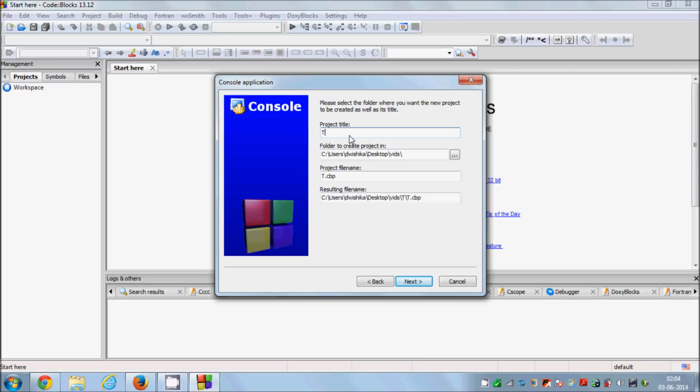For example, test my prog, or you can say my first prog or program. Okay, and in here where it says folder to create project in, you need to choose